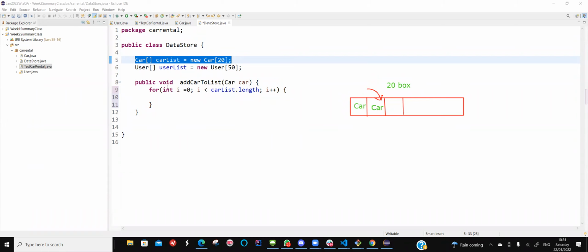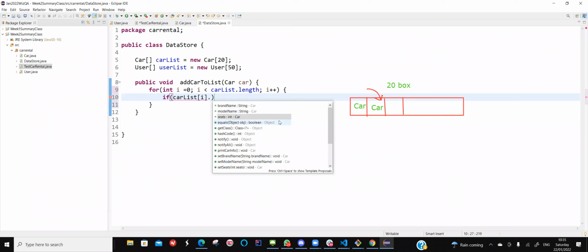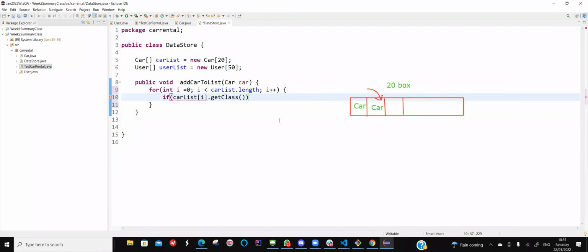Okay, so obviously when I'm looping around for the first time, all my boxes are empty. That's totally fine. But I want to somehow make sure that I add them, right? So how do I do it? Very easily, I can do an if-else statement. I can say if car list of i dot get class dot